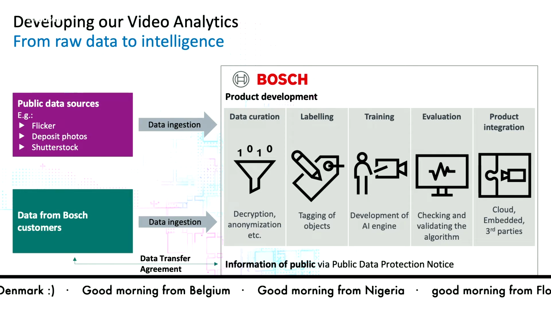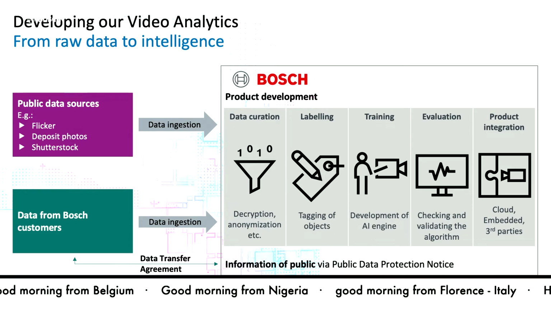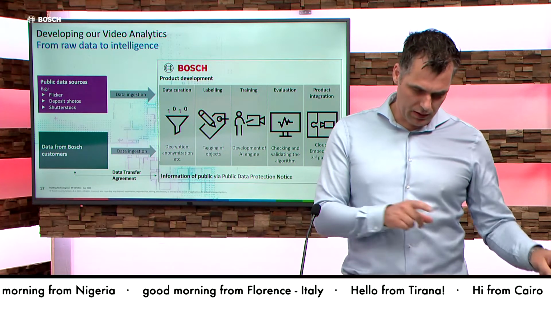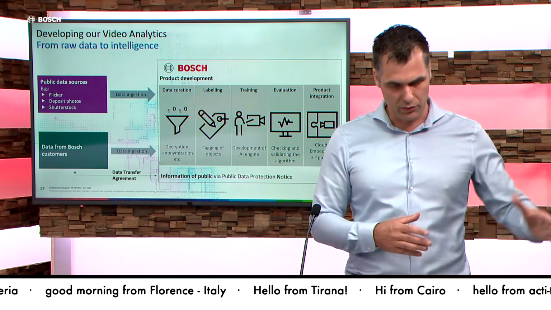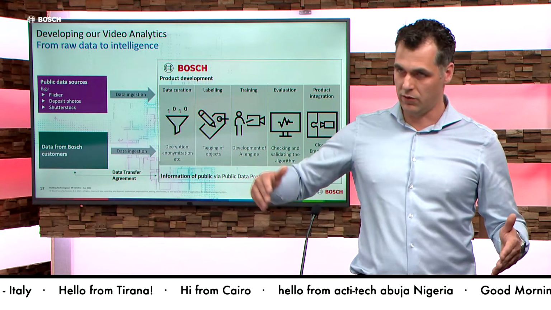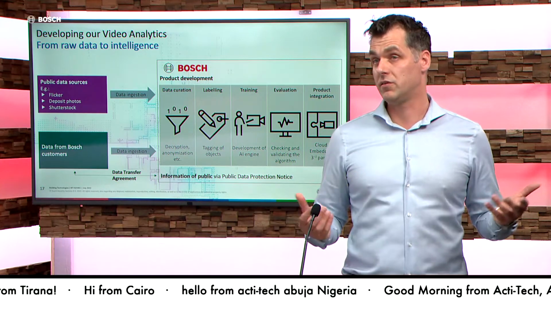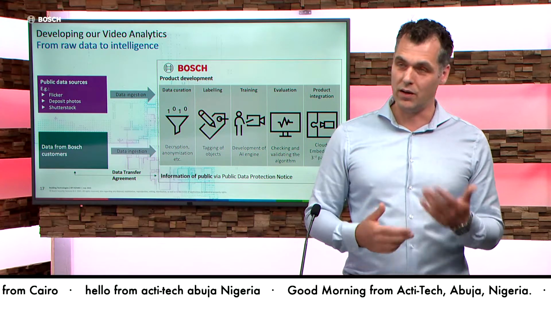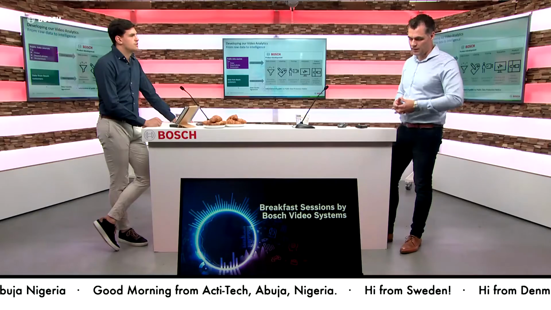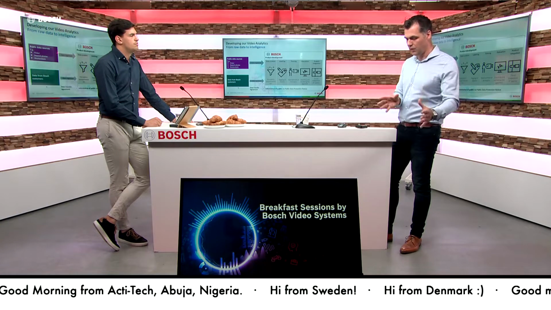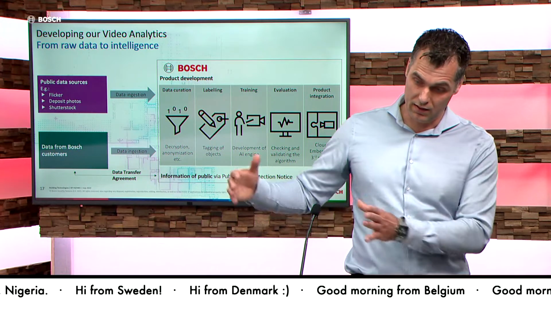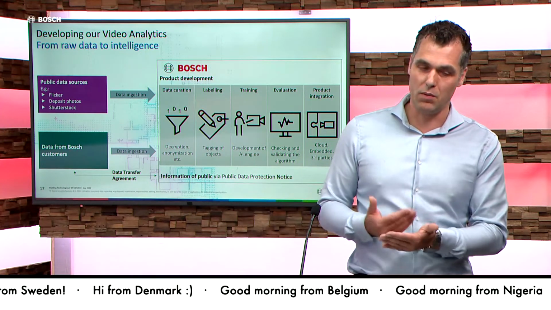That's important. Because what we do is, as soon as we get that data flowing, we are simply saying, well, okay, this part of the video, we do some data curation. So we say, okay, 30 seconds of this clip, because we don't have that. We just need 30 seconds of that, because 30 seconds is already growing quite a lot of different images per second. Because what we do is we need to label that. And we need to label that because we need to define in the video what it should detect. So this is the input and then the data set needs to be created with that labeling effort.